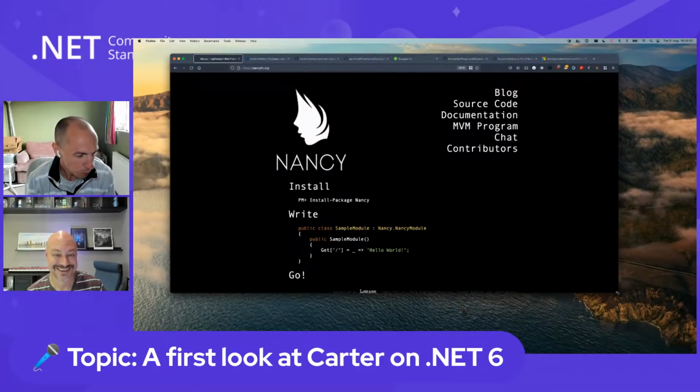But that kind of paved the way for Carter, because what had happened was when ASP.NET Core came about and Kestrel came about, they had this OWIN layer. I don't know if you remember OWIN, the idea at the time was to allow you to separate your hosts and your application frameworks.